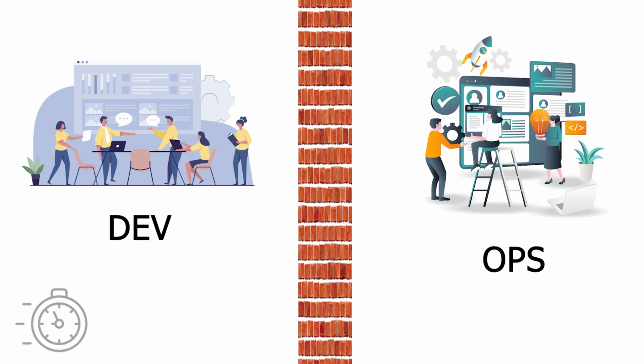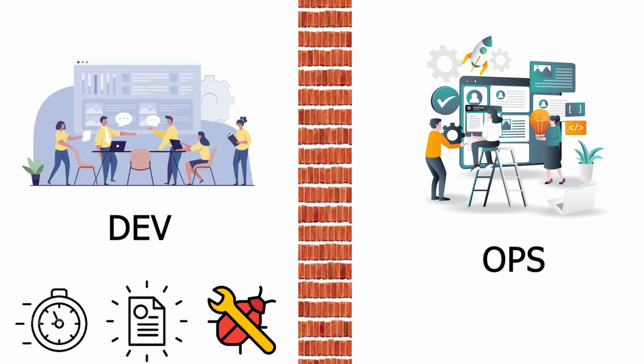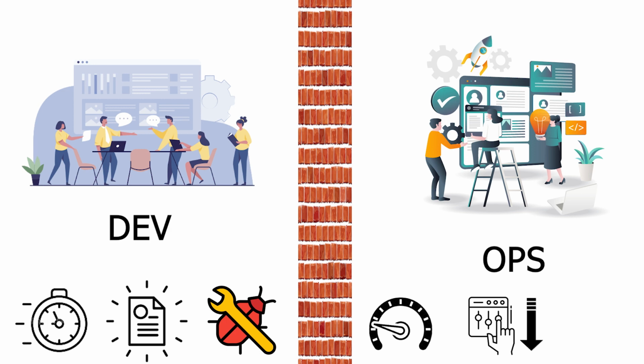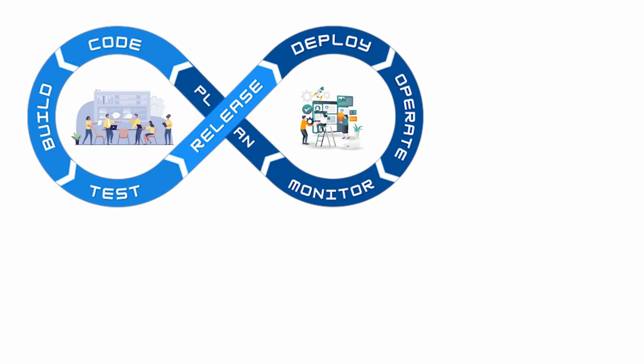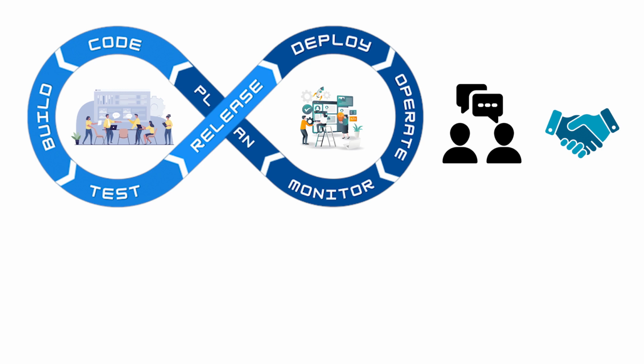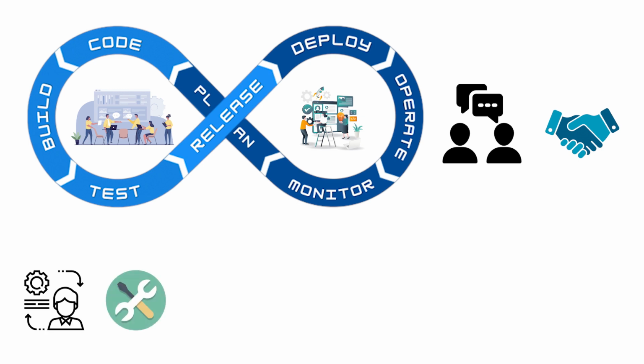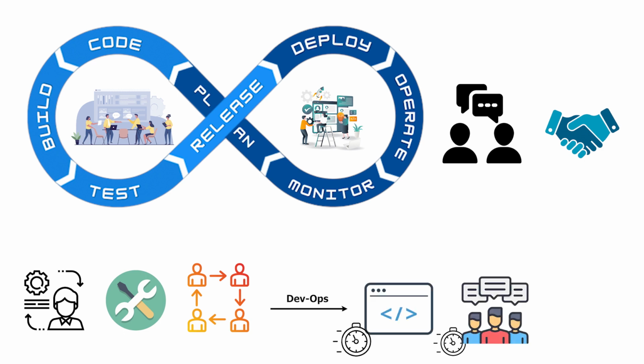The dev team wants to move fast, release new features and fix bugs, whereas the ops team wants to move slowly and reduce changes to keep things stable. This conflict of interests used to cause a great deal of tension within organizations, negatively impacting the product. DevOps breaks down the proverbial walls within organizations so that teams can communicate and collaborate better. By embracing a set of practices, tools, and cultural changes, DevOps provides faster releases, faster feedback from customers, and ultimately, better software.